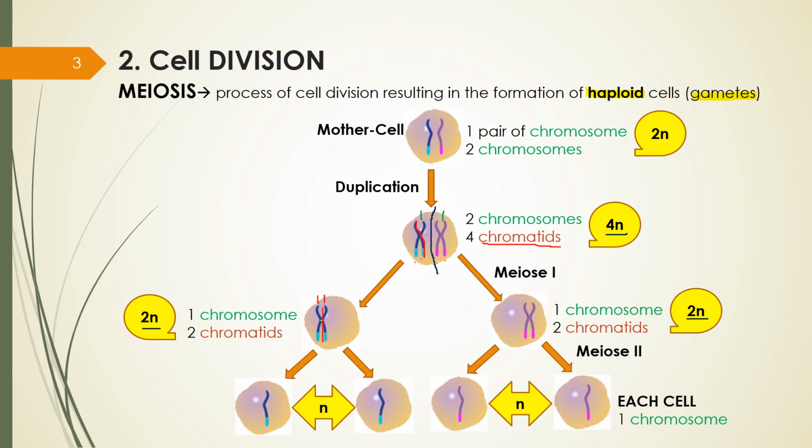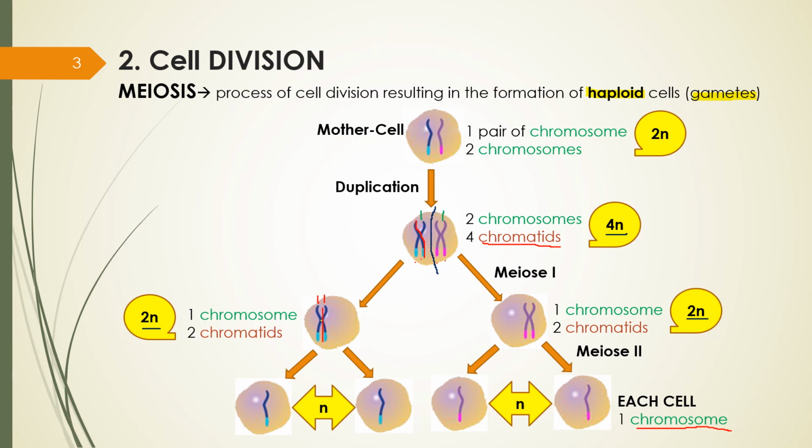Why don't I call them chromatids now? Because it's not duplicated. I just call chromatid when I have a copy of each chromosome, okay? So it's just terminology. In this case that I have just chromosome, I have just one copy, so I don't call them chromatids anymore. I call them just chromosome. So in summary,